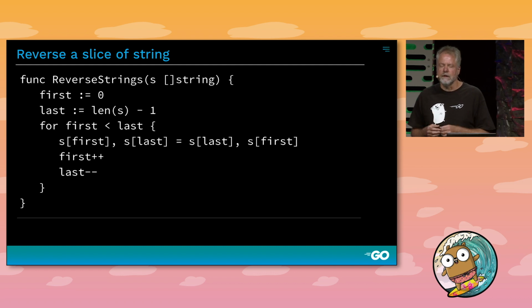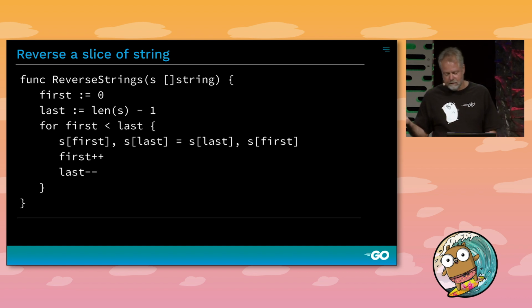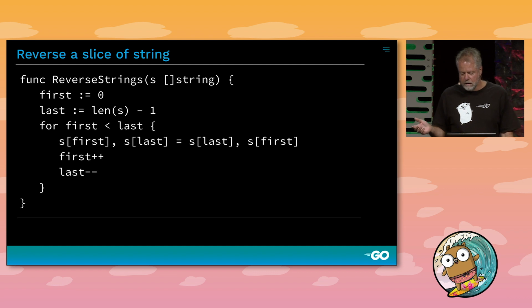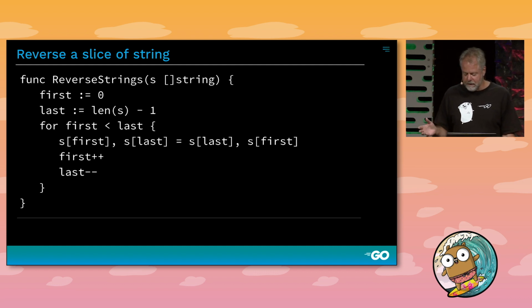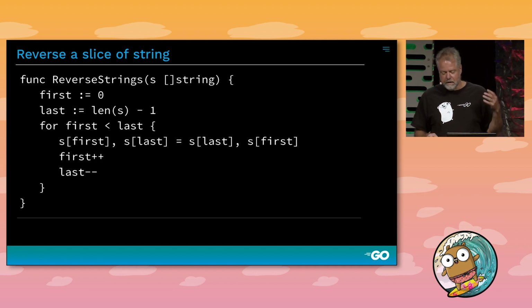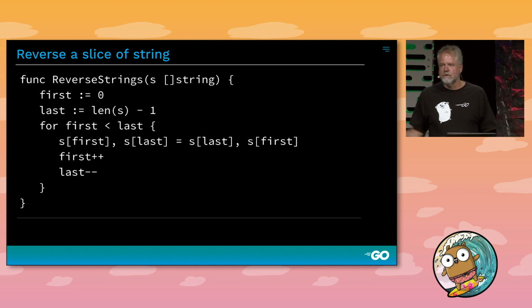Or we could write a code generator that takes a type and generates a reverse function for slices of that type. There are several code generators out there that do just that. But this adds another step to every package that needs reverse. It complicates the build, because all the different copies have to be compiled, and fixing a bug in the master source requires regenerating all the instances, some of which may be in different